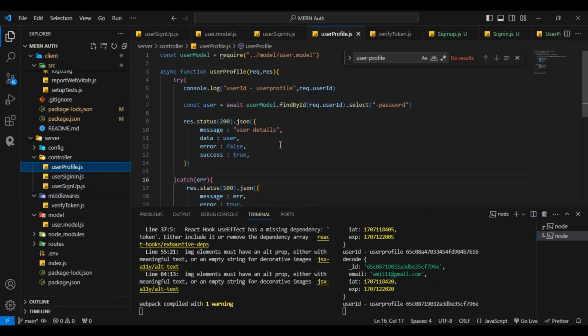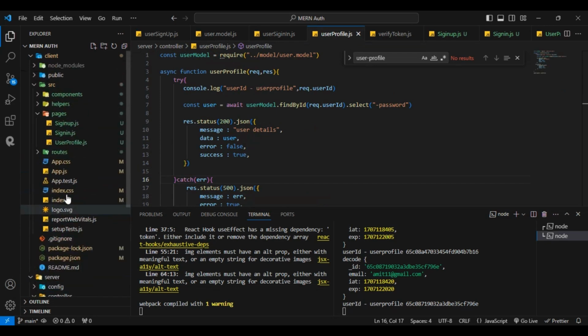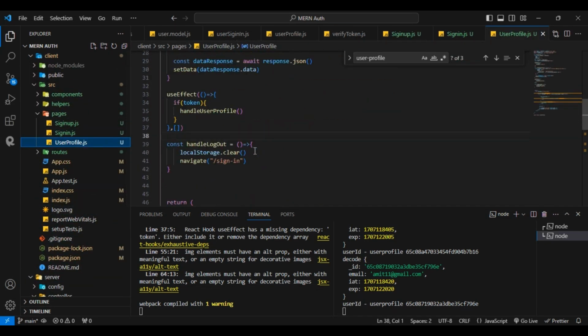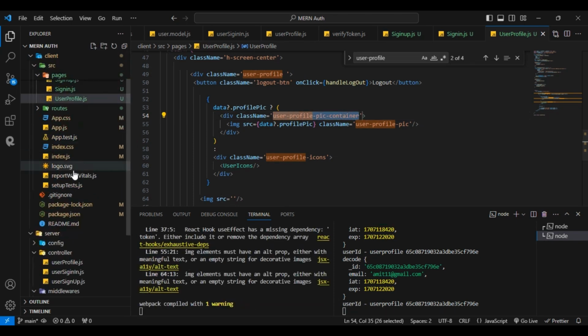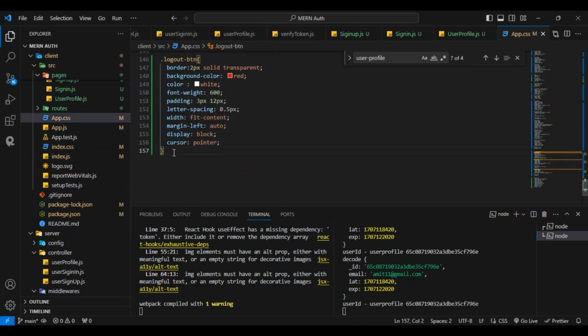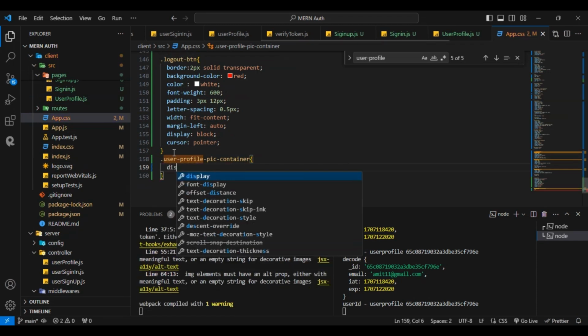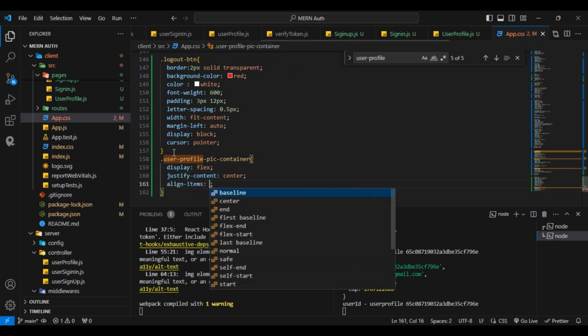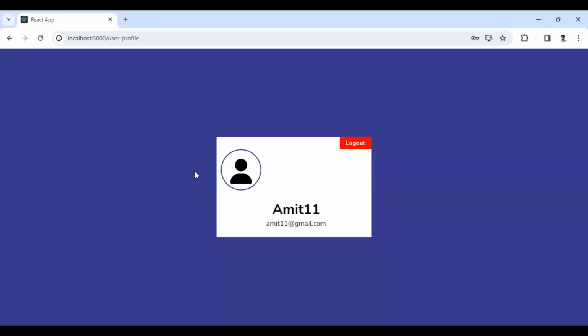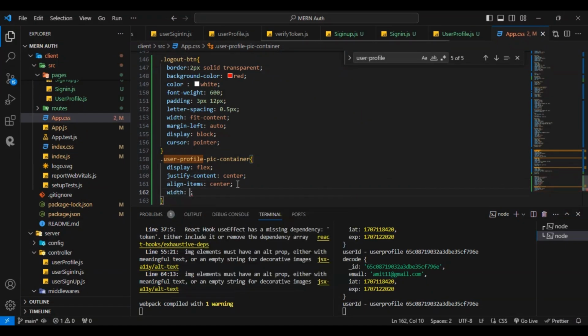Where is it here? Let me just check the user profile. Okay, here I want to give the profile pic container like this type. So let's copy this. After that come in the app.css file. Here I will give display flex, justify content center, align items center. Now see, let me save, and here give the width 100%,